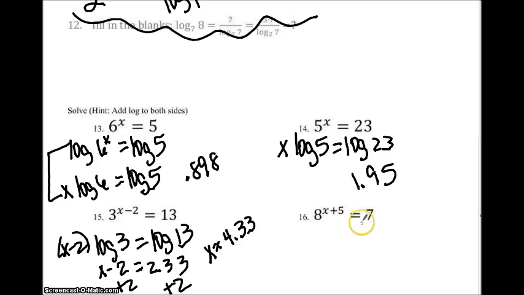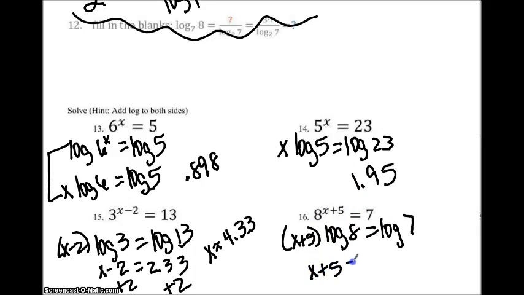4.33. Same thing here, x plus 5 is in parentheses, times the log of 8 is equal to the log of 7. So log 7 closed divided by log 8 is 0.94. So x plus 5 is equal to 0.94. You're going to subtract your 5, so minus 5. And x is approximately negative